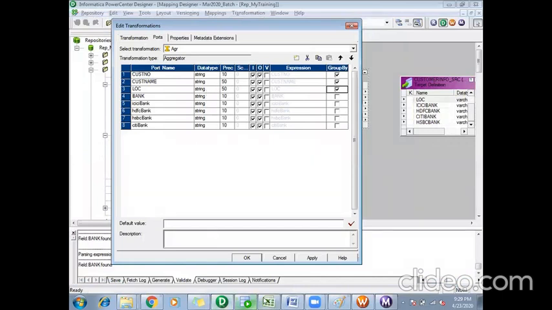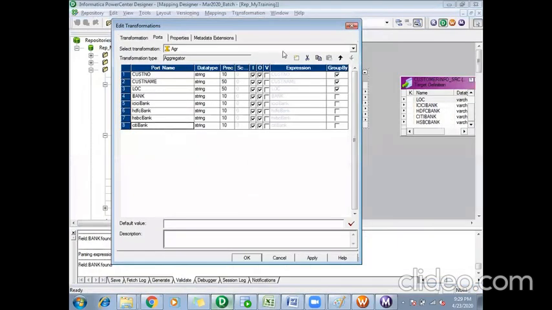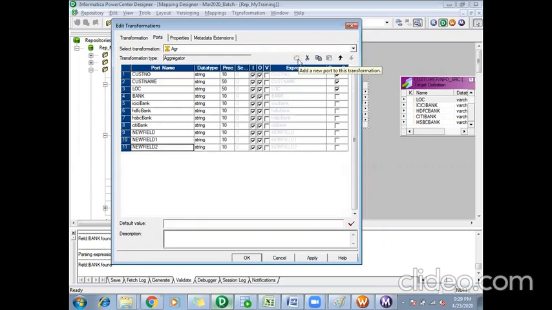Then apart from that, I need values for the bank ports also, so I need them in one record. So in my aggregator, I'll create 4 more additional ports, one for each bank, and I'll make them output ports.